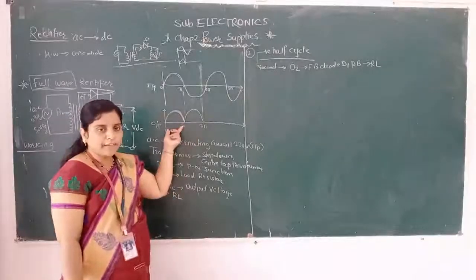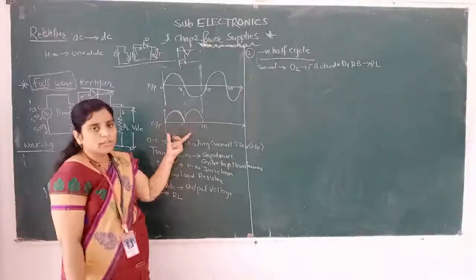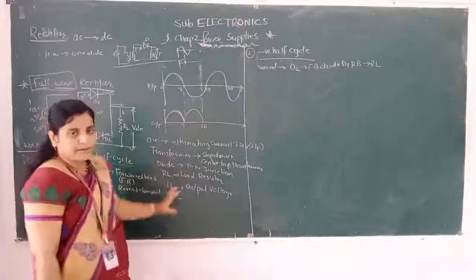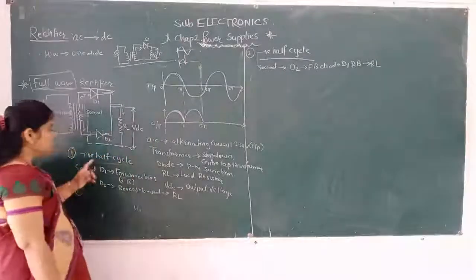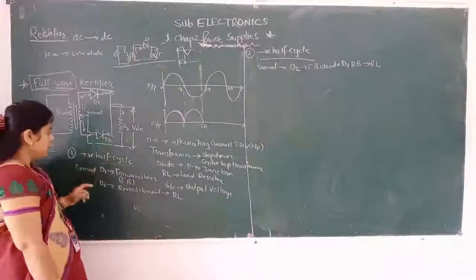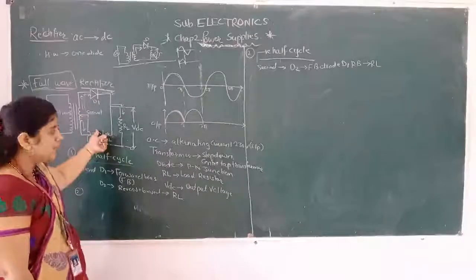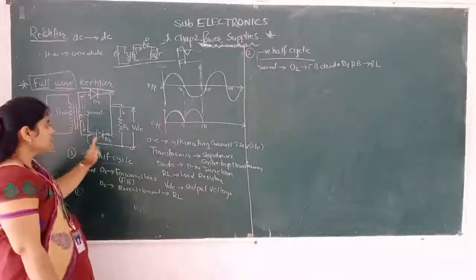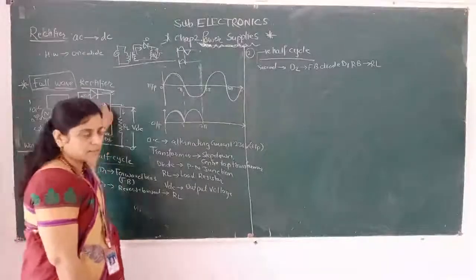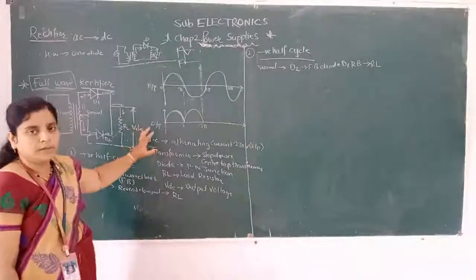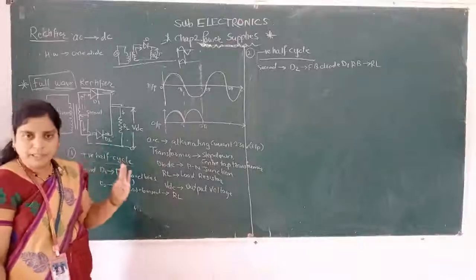So half wave rectifier plus half wave rectifier is the full wave rectifier. So this is the full wave rectifier. All of you understand this? These are two conditions, positive half cycle and negative half cycle. In the positive half cycle, diode D1 will be forward biased, D2 will be reverse biased. In the negative half cycle, D2 will be forward biased and D1 will be reverse biased. It is a very simple concept: half wave rectifier, full wave rectifier and bridge rectifier.